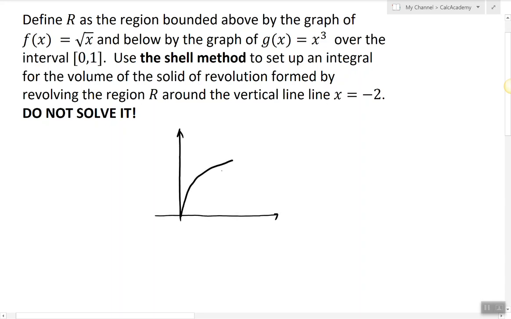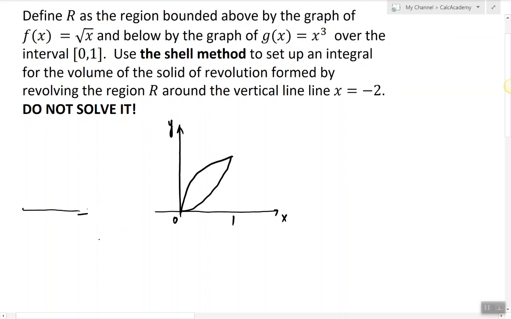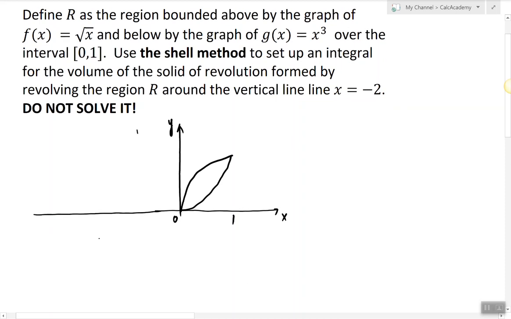Square root of x looks like this, and x cubed looks like this. So I'm just going to draw each graph on the interval from 0 to 1, and we rotate this region around the line x equals -2. So it will be somewhere here, and roughly it will look something like this. It doesn't have to be to the scale, but let's rotate it around this line x equals -2, and we're going to get something like